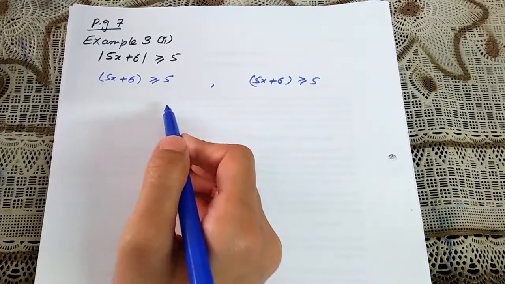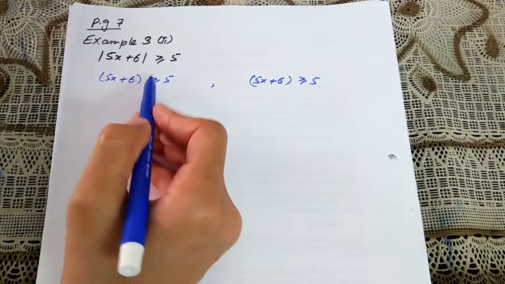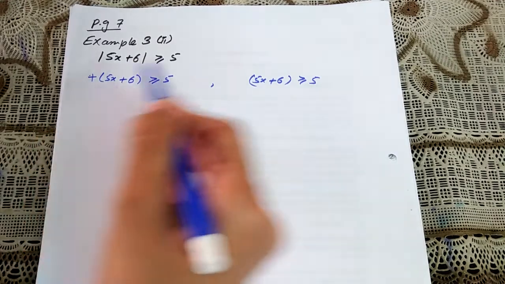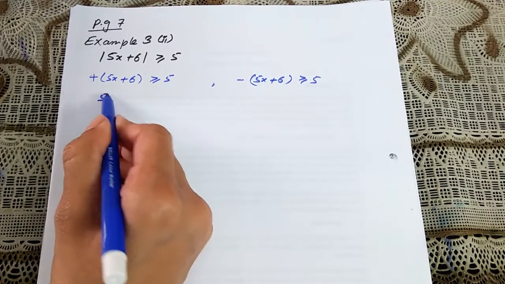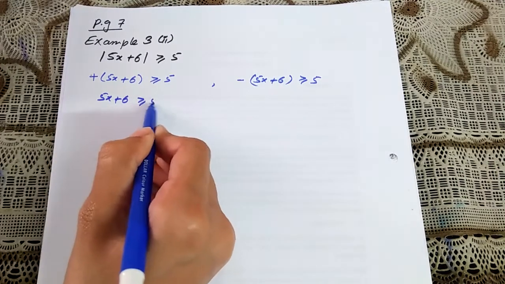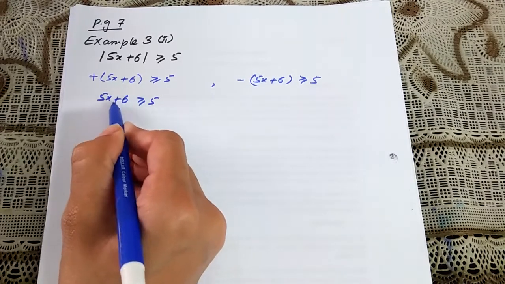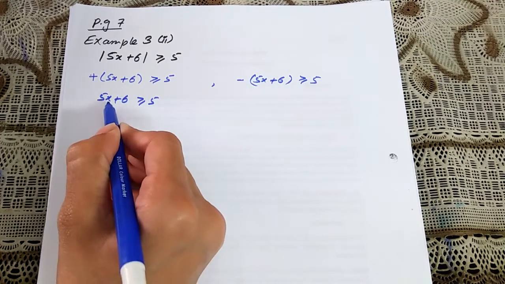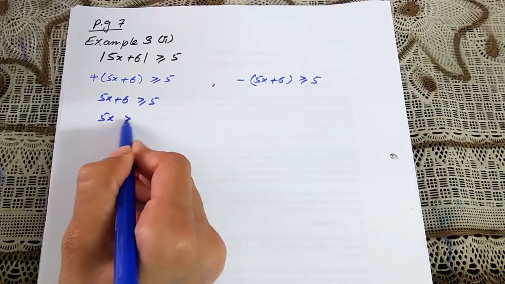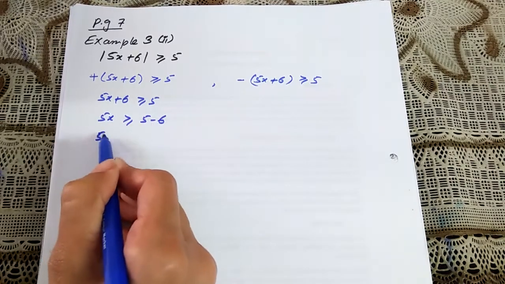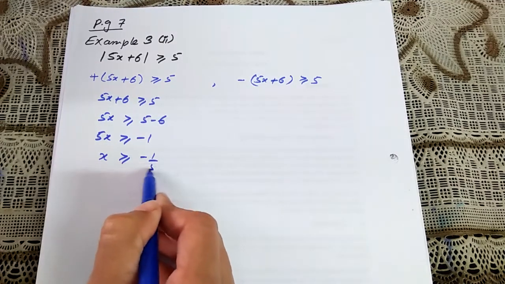Now simply, what do you have to do? First of all, you have to separate the same equation without the absolute. Now take this as the positive one and take this as the negative one, and now solve it. We can write it like 5x plus 6 is greater or equals to 5. Just separate your x variable from here and eliminate the terms that are with the x. So you see 6 is added with it, subtract it on the other side. You will get here 5 minus 6, that will be 5x is greater or equals to minus 1. Now x is greater or equals to minus 1 over 5.